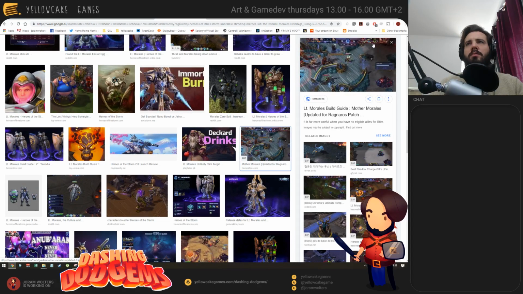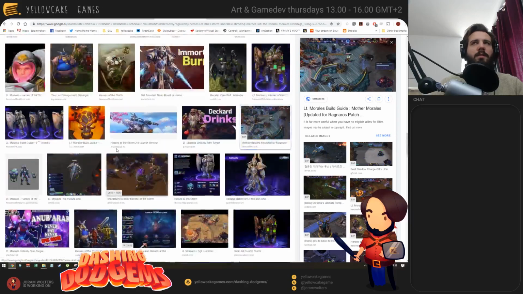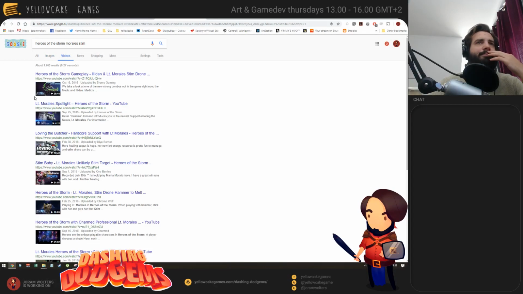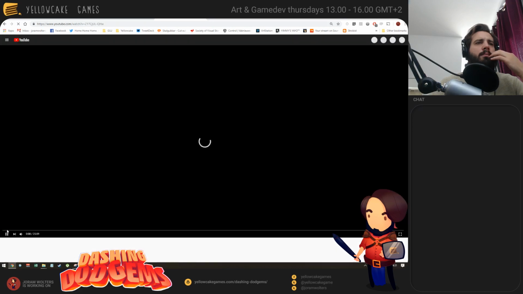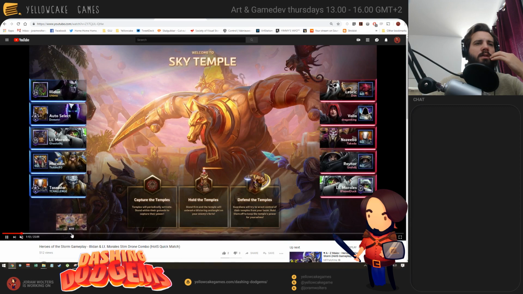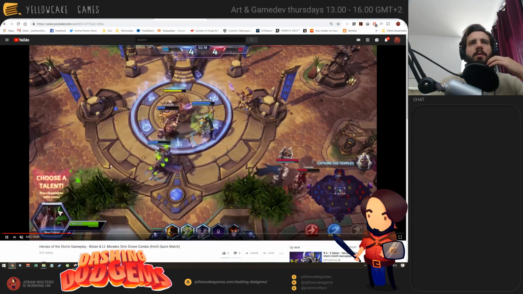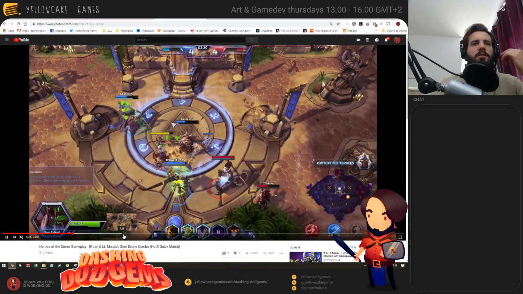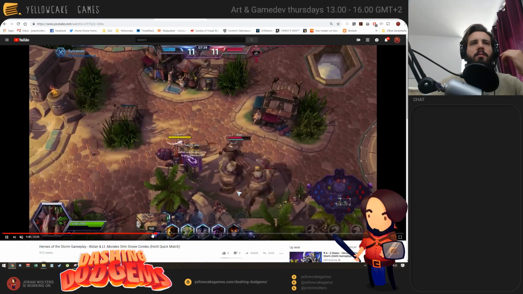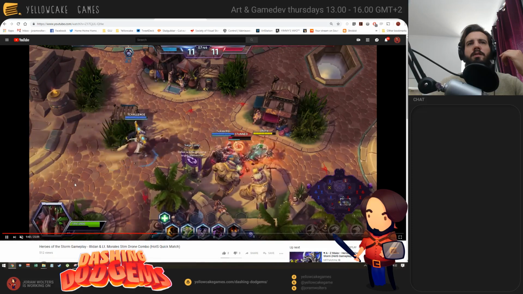The new Google image search is absolute garbage, by the way. This is from the Illidan point of view. We might be able to see, yeah, it's from the Illidan point of view. Okay, so we'll just skip ahead until they're level 10, and then you should get stimmed in a couple of...